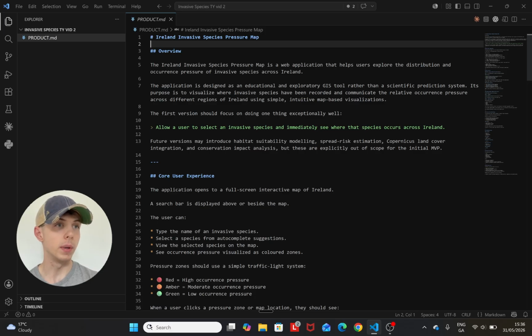As you can see here, I'm in VS Code, which is an IDE. So this is where I'll be using Claude Code instead of in the terminal or in the web app. I just prefer it as you can have all your file structure on the left-hand side. Just better visually. Anyways, as you can see here, I have a very simple product.md, which is usually the way